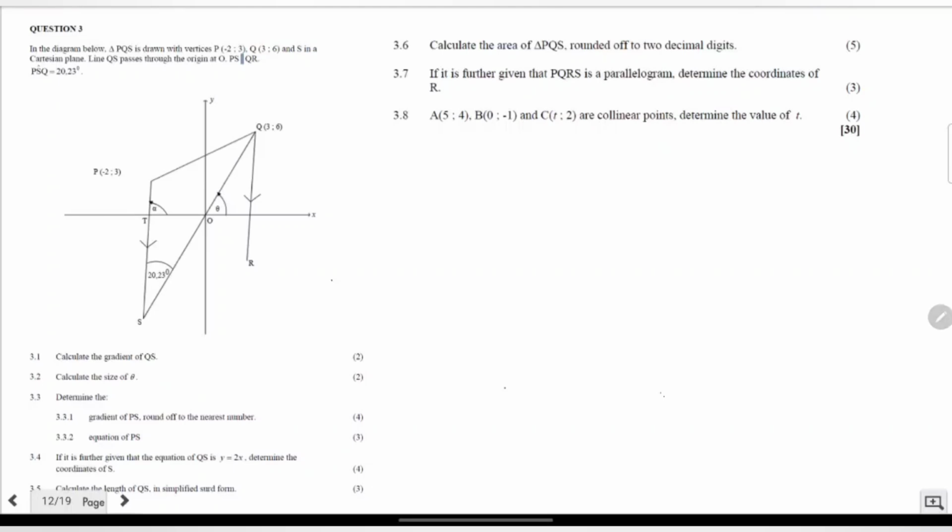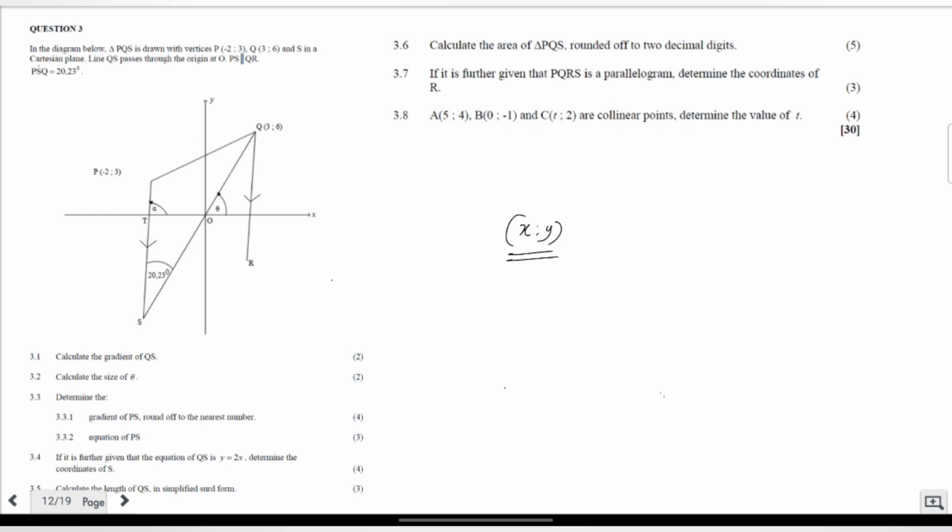Question number 3. This one is analytical geometry, or coordinate geometry, where we are going to deal with points: x value, y value. You know that a point is represented like this. It's an ordered pair. First one is the x value, second one is the y value. So we are going to deal with the distance between 2 points, the midpoint of 2 points,